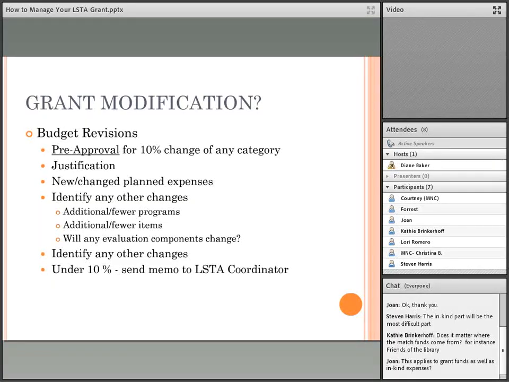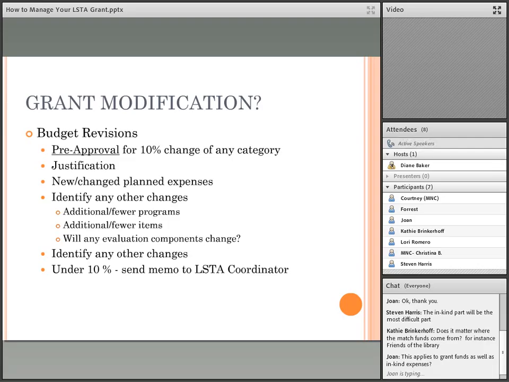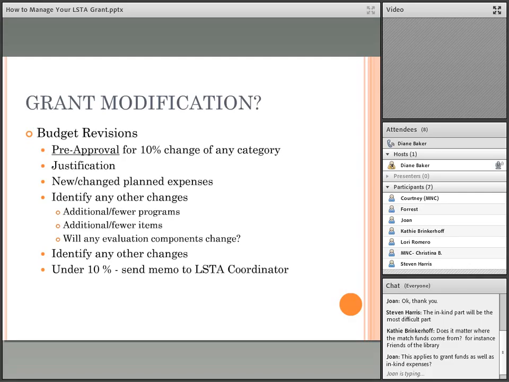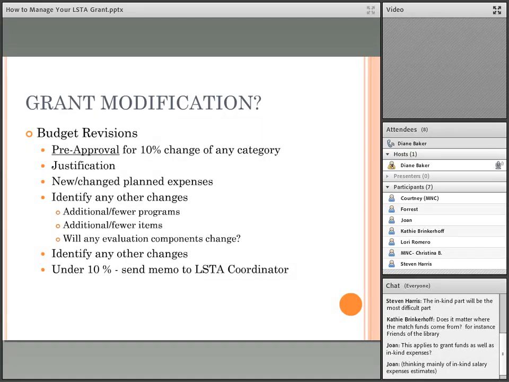And Joan has asked if this applies to grant funds as well as in-kind expenses. The area of in-kind that we would be concerned with is that 10%. And if you have written your application with just the basic 10% match listed, then yes, it would. In some of the grants, you list everything that you're going to be expending, so you're really overmatching, and that's not a problem. If it's in the area that's an overmatch, it's not a concern for us. But if it affects what is going to be earmarked for the 10% required,